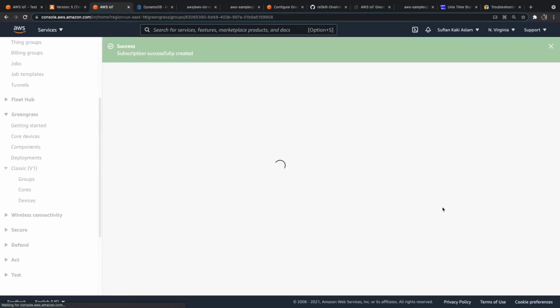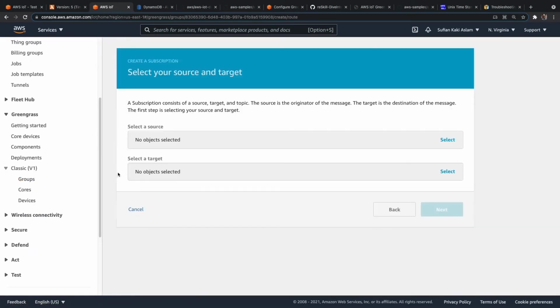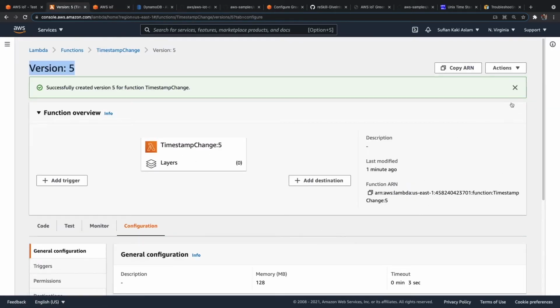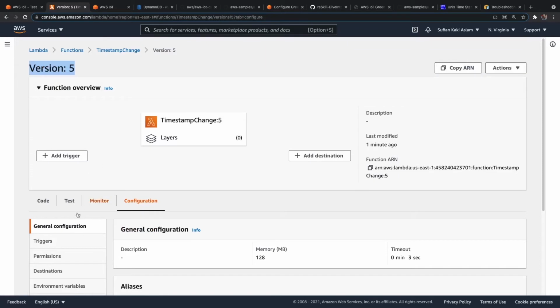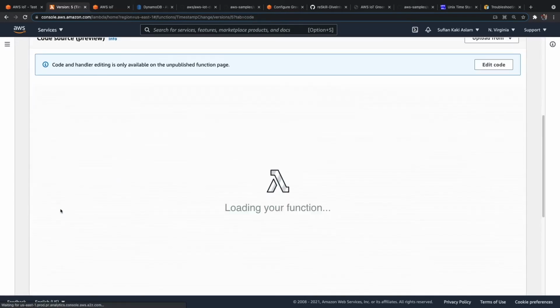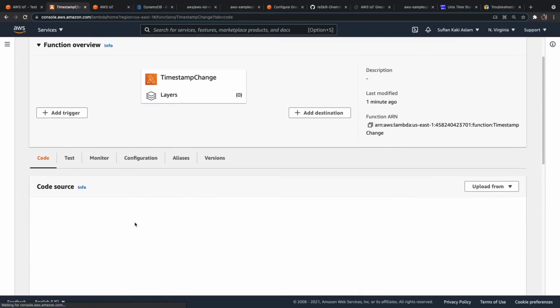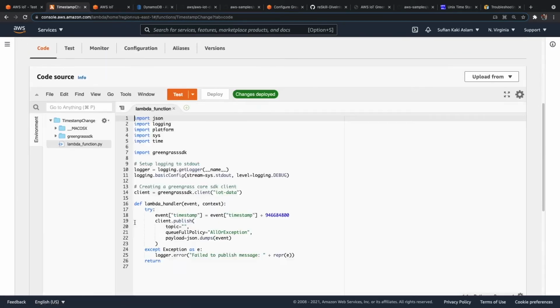Okay, next, and then finish this one. And from that Lambda function, oh wait, I had to change that Lambda function's code as well. I mean, I had to put the topic in there. So edit code, I will do this thing. So come back here and then put the topic here, which is reskill slash env monitor 1 slash pub. Save it, deploy it,